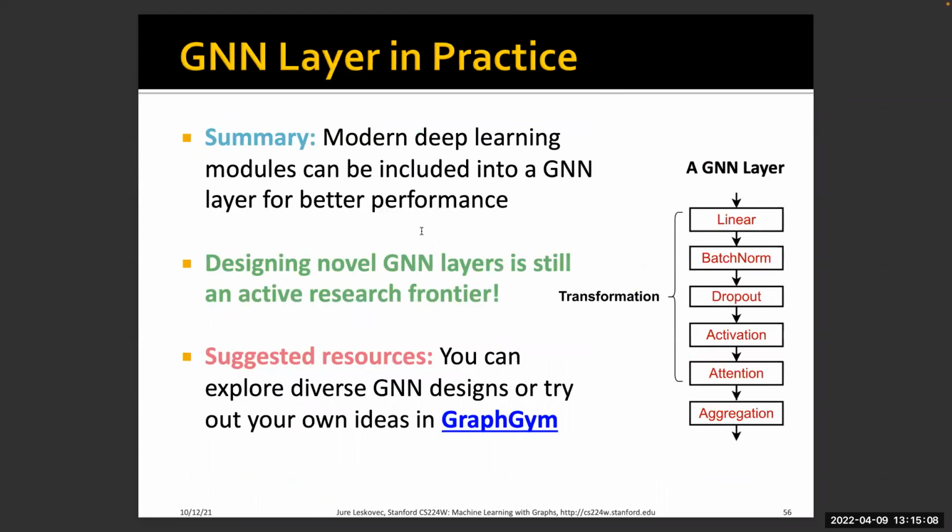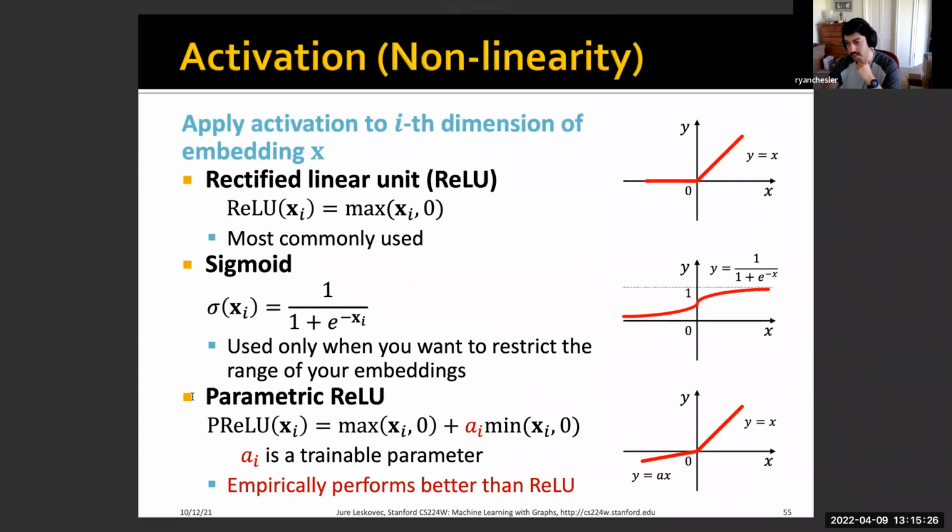Hey, Ryan, quickly, I just wanted to ask, I've not heard of parametric ReLU earlier. Can we use parametric ReLU in a normal multi-layer perceptron or even the normal convolutional neural networks? Yeah. And it's actually